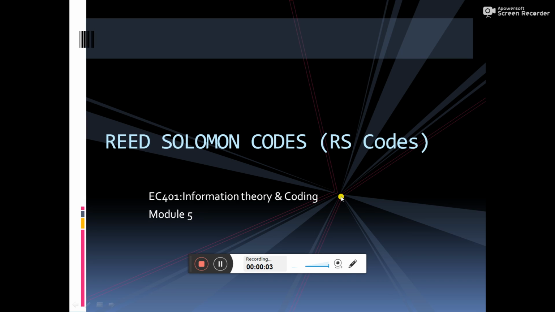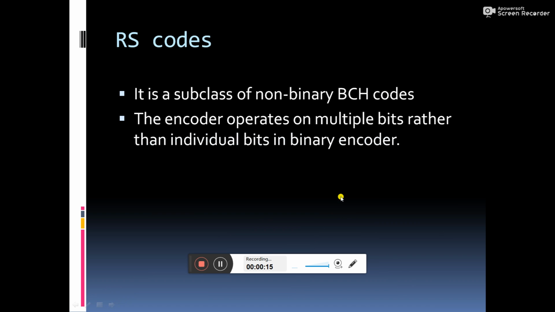Hi all, here is the last topic in module 5, that is Reed-Solomon codes or RS codes. RS codes or Reed-Solomon codes is a subclass of non-binary BCH codes. Okay,